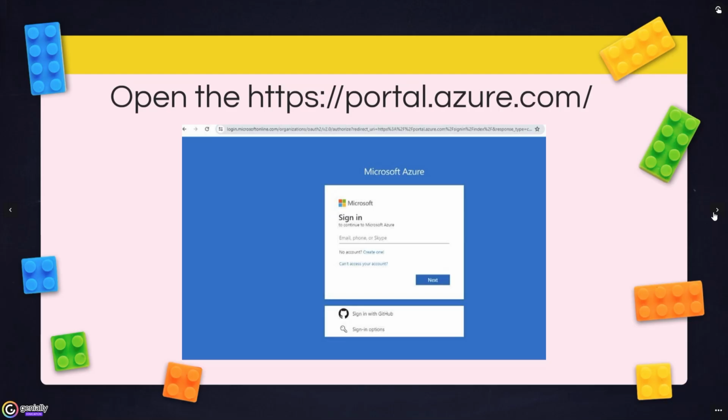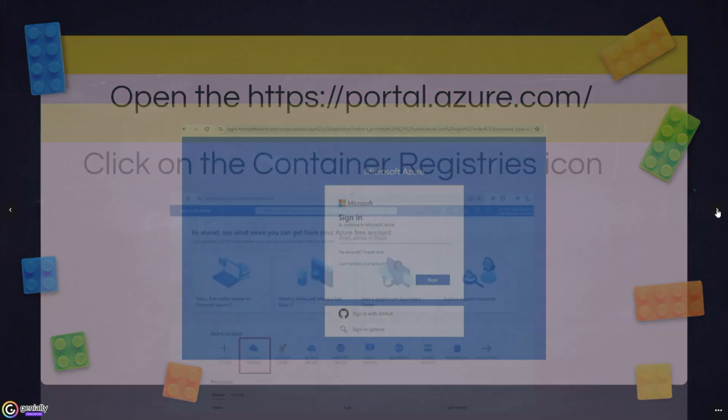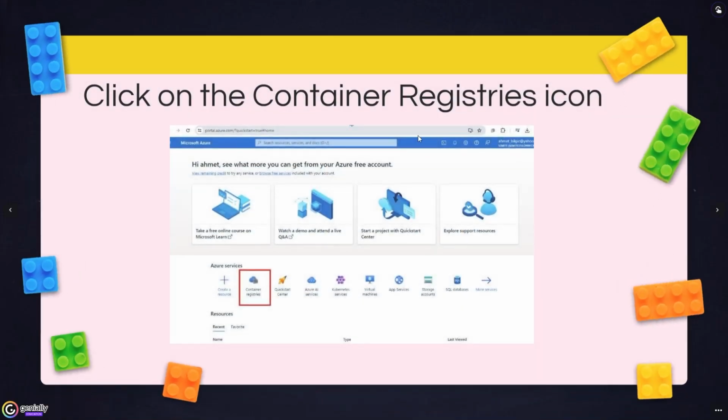When you sign in with your Microsoft account, then it redirects you to Azure main page. You see here many Azure services. We are gonna first create container registry by clicking on this icon,